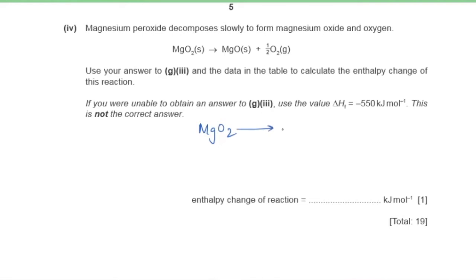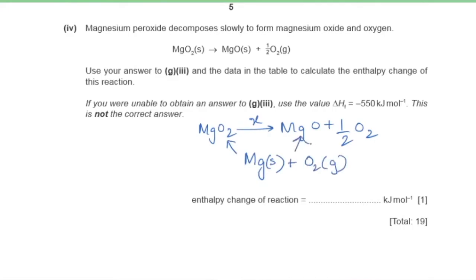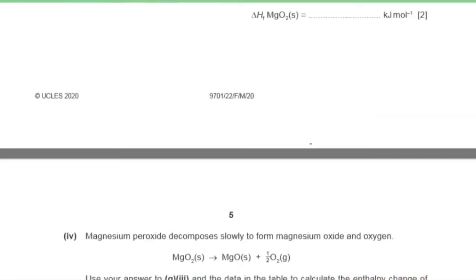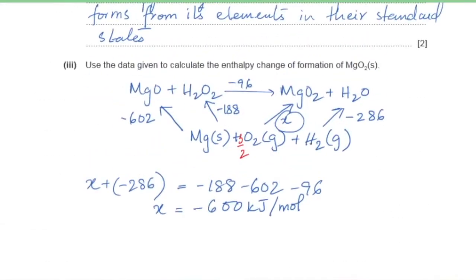So magnesium peroxide changes to magnesium oxide plus half of oxygen. This is unknown to us. Now we can use the values from the above chart to get the value for x. So to form MgO2, we need Mg in its standard state plus oxygen in its standard state, and the same goes for MgO. So the enthalpy change of formation of MgO2 is what we calculated in the previous part,